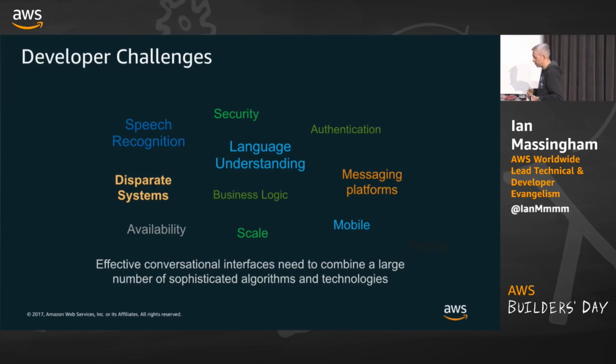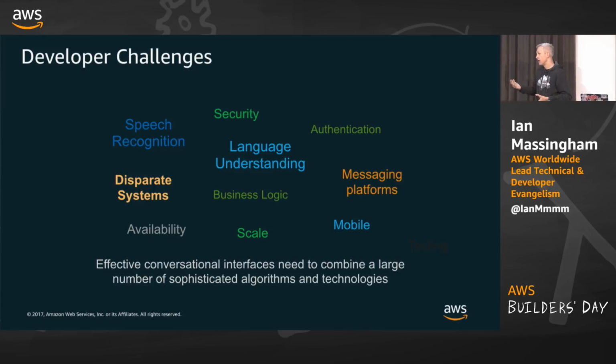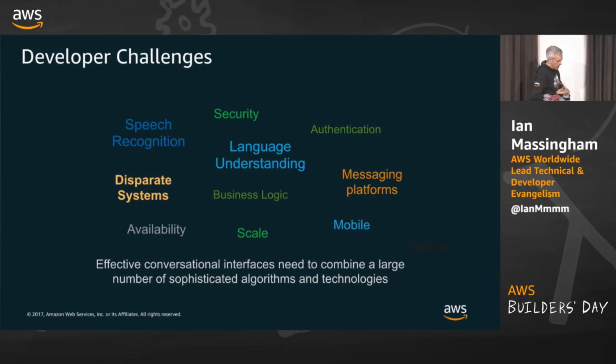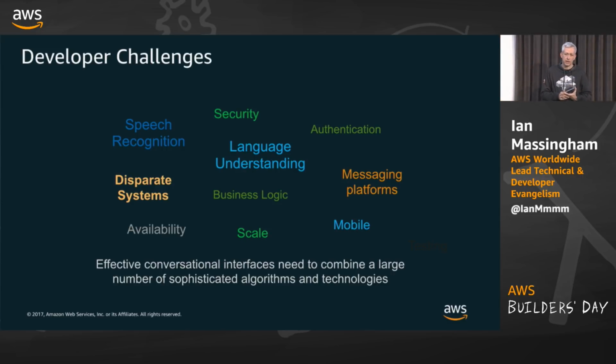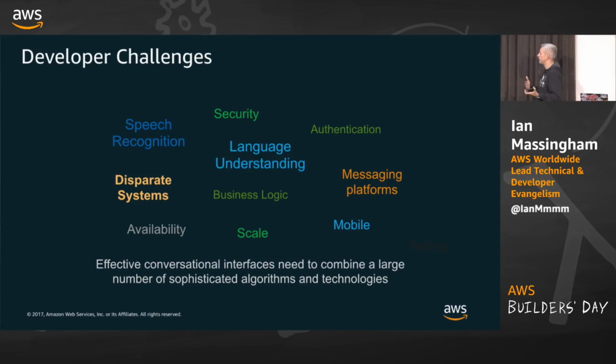Also, in a similar vein, we support entity extraction, and we call these entities slots in Lex speak, in our service terminology, if you like. And slots are useful pieces of information that we need to conclude fulfillment of a particular intent. If I say I want to book a flight, well, that's not quite enough, is it? I just read this morning that you can fly to 180 destinations from Manchester Airport. So even if I said I want to book a flight from Manchester Airport, it's still not enough to do anything meaningful. I need to know where I want to go to, when I want to travel, what time of day, which carrier, what class of travel. Some of that information is essential, mandatory information to conclude that fulfillment. Some of it might be considered optional.